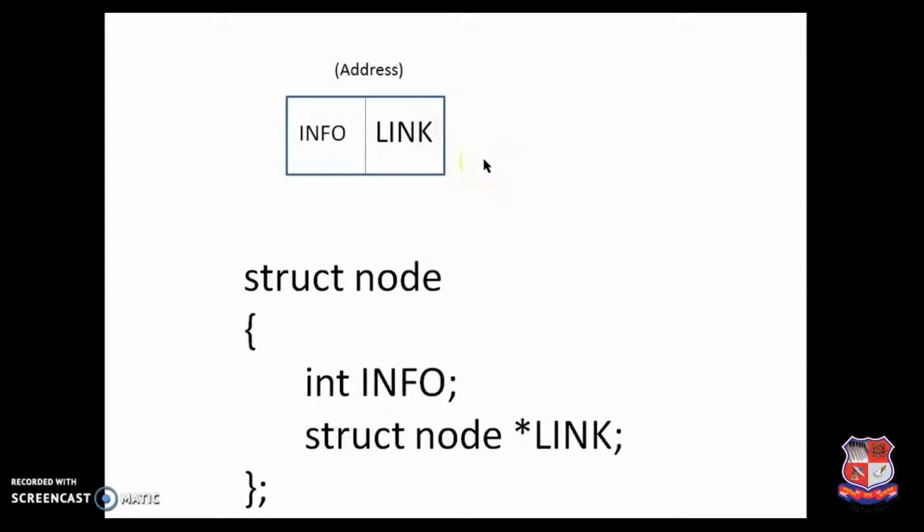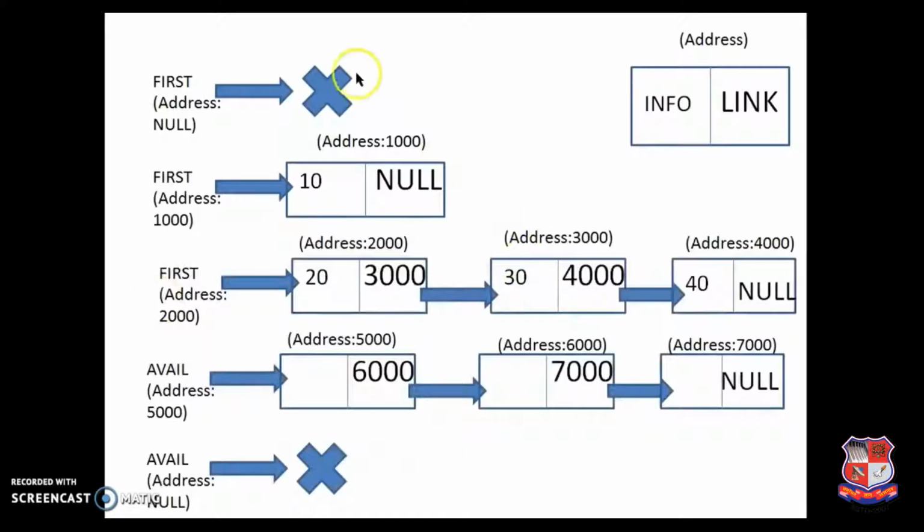So linked list is a combination of nodes. Linked list is a self-referential structure in which structure having one of the member variable as pointer pointing to the same type of structure. As you can see in this small code snippet, that this particular node is a structure which contains 2 fields, info, that's your data part, and link field, which will point to the same type of node, struct node. Over here I tried to show various scenarios of linked list.